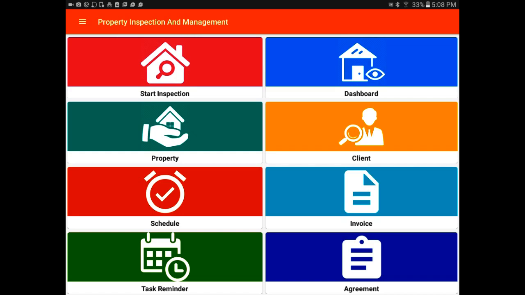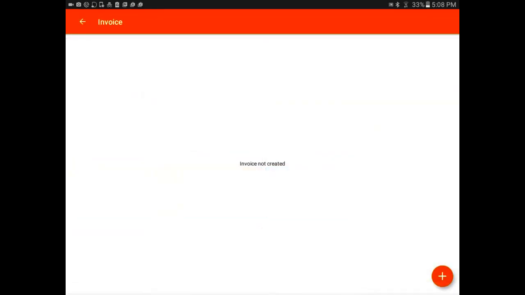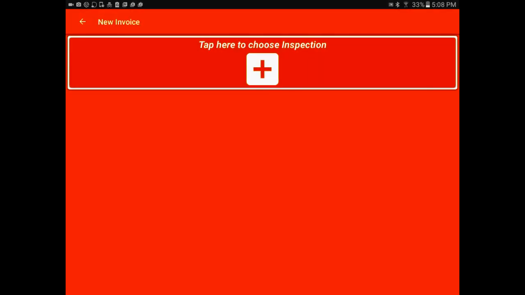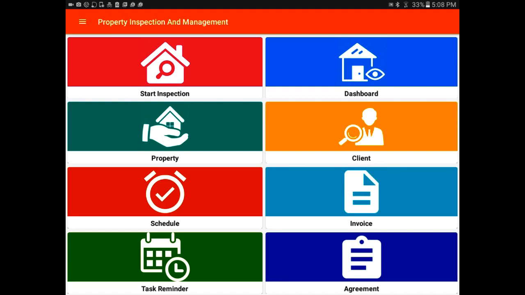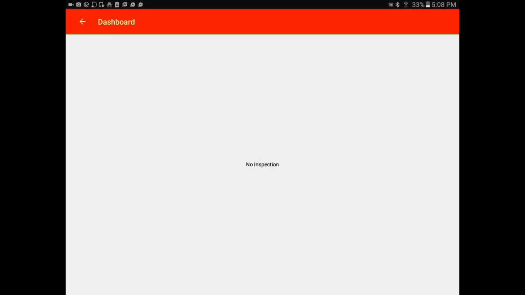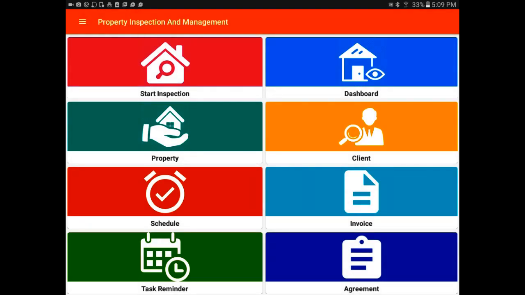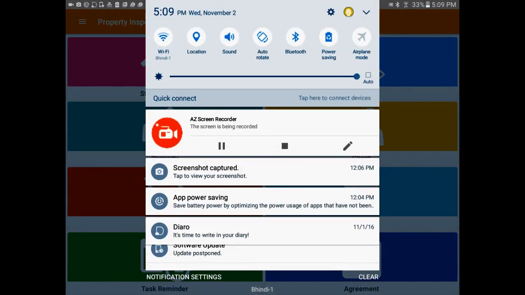In this session, I'm not going to talk about the main inspection process. There will be another session on that. So we will check the invoice section also. Now again, this section can only be generated once we have a performed inspection report under the dashboard. If there is an inspection already done and we have a completed inspection report, there's a possibility to generate an invoice. So I will conclude the session with these basic features and we'll have another video